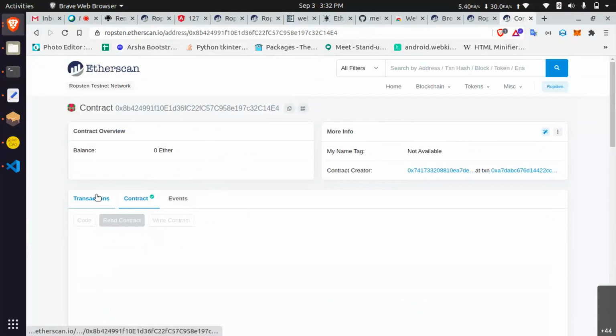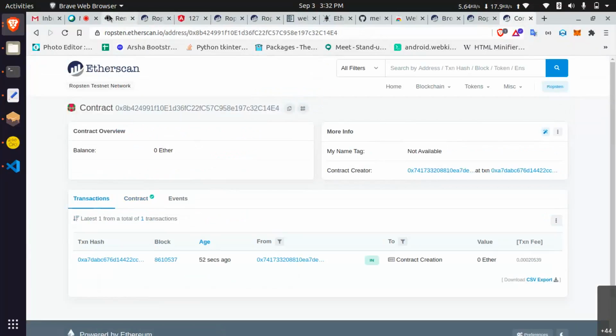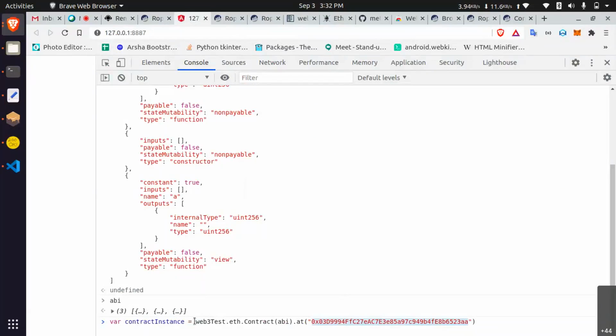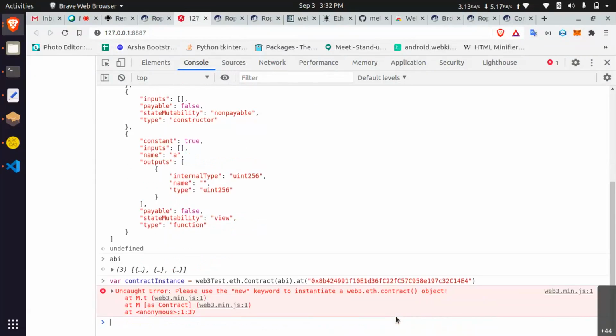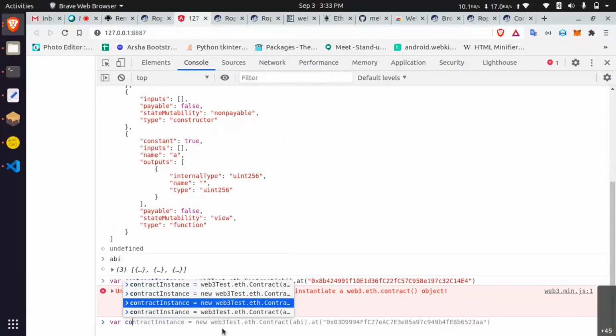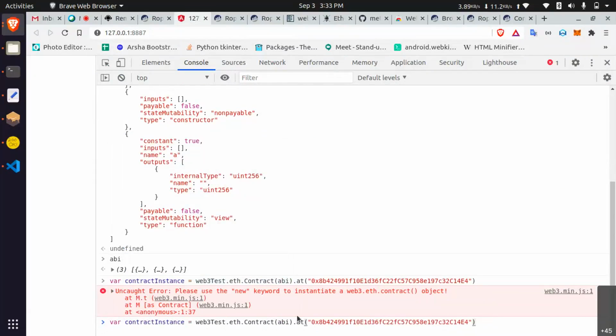This is our contract address. Okay, let's say I defined ABI. This is ABI at the address of contract address. Okay, we need to use the keyword: var contractInstance equals new web3.eth.Contract.